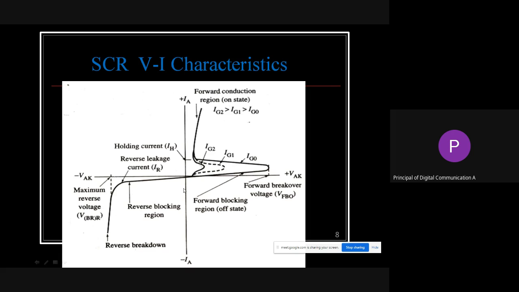So always whenever we are learning any electronic device, the main important part is the VI characteristic. VI characteristics means what? The input output response. की काय इनपुट दिल्यावर आउटपुट कसं मिळतं, दॅट इज द बिहेवियर ऑफ दॅट